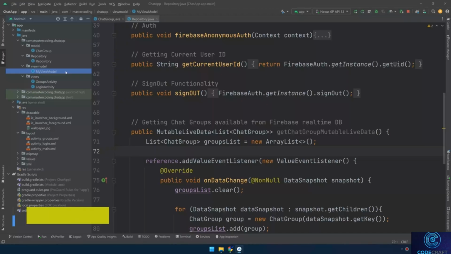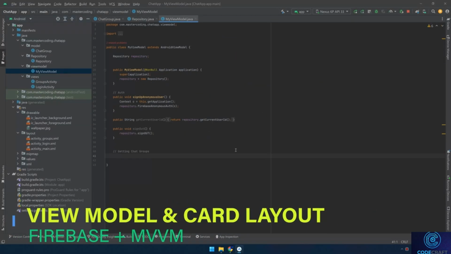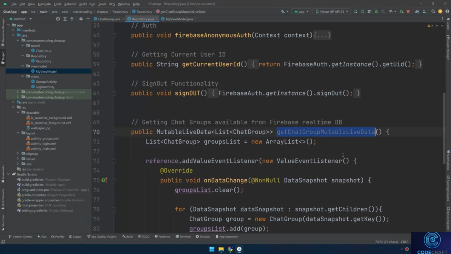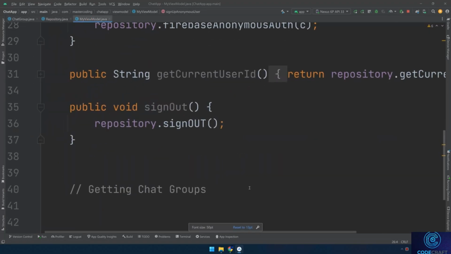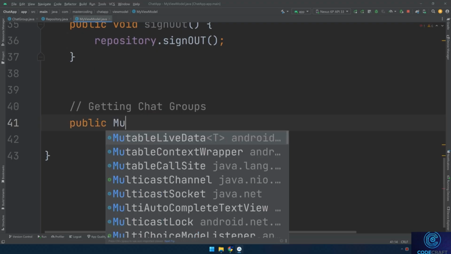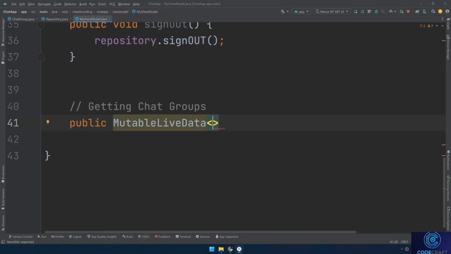The third step is to move to my ViewModel and create a new method that calls the repository getChatGroupMutableLiveData method. So for that, I need to create a new method here. Its returning type is similar to that of repository getMutableLiveData chat group, and I'll name it as